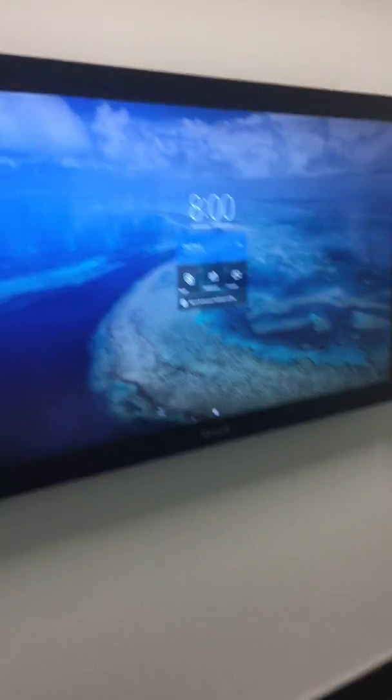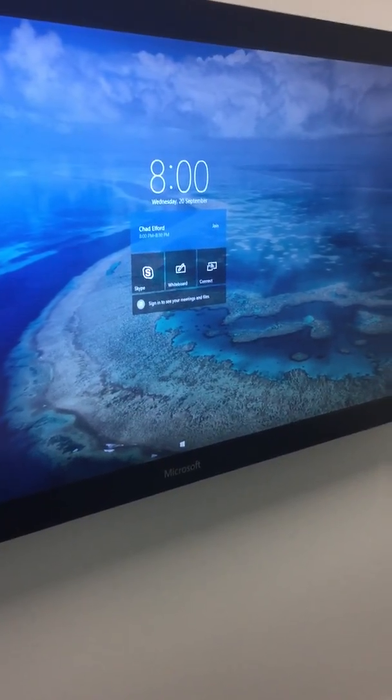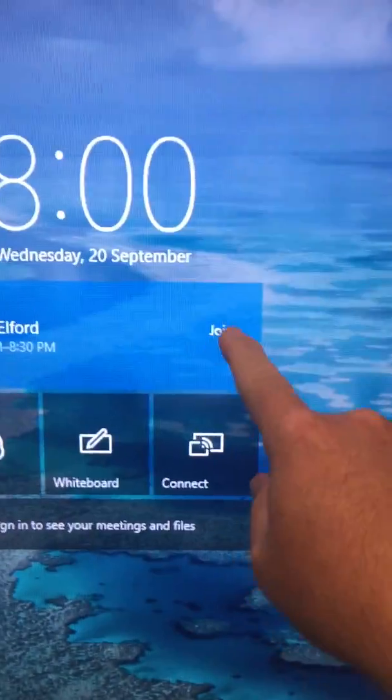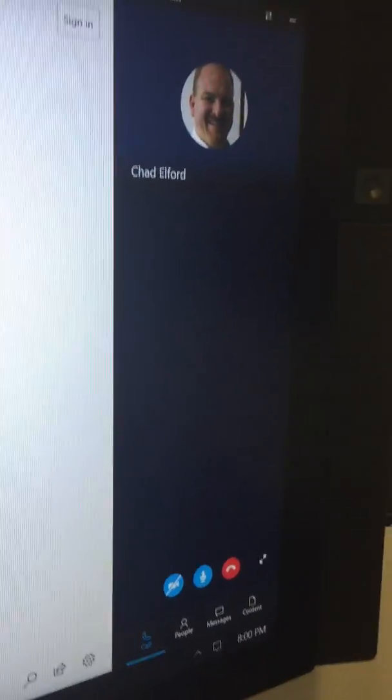What we've done is we've invited the meeting and scheduled it with a Skype for Business meeting, and you can see that it is showing up here, and you can just say join. So the whole goal here is to be able to come in and join a meeting within seconds, and you can see that it's bringing both the audio and the video from all the participants on the